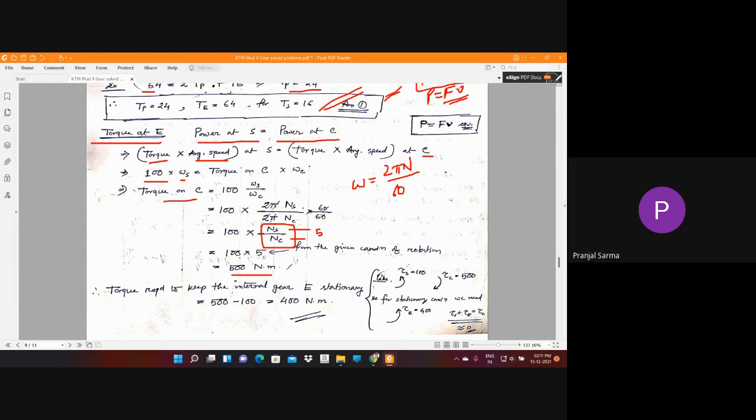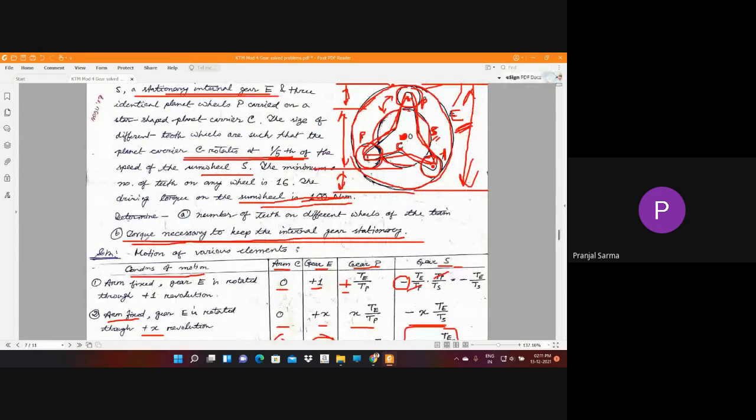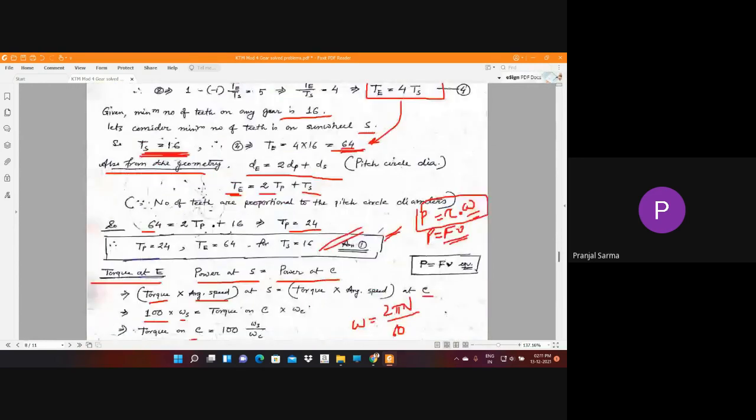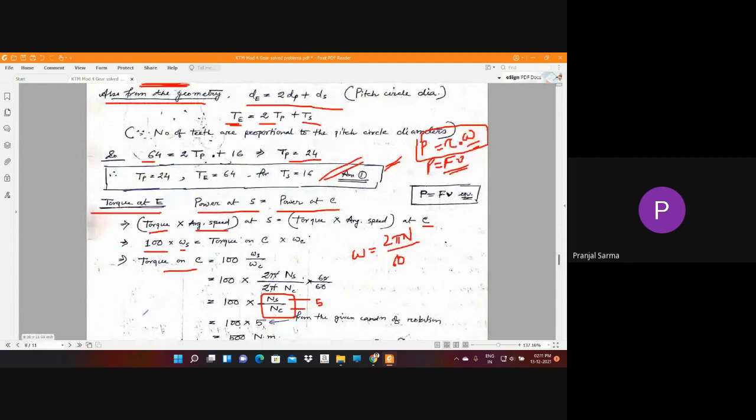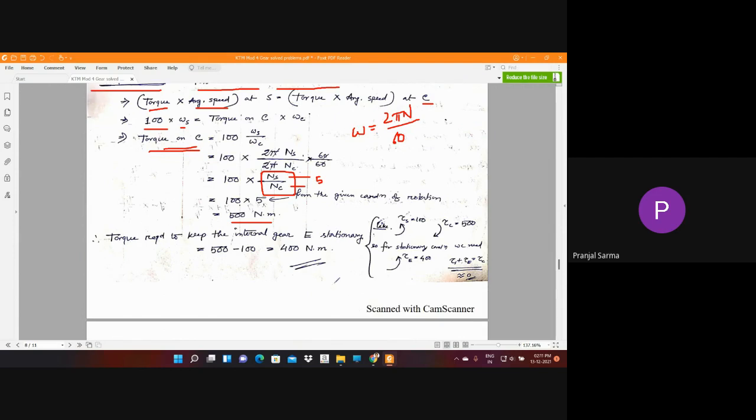Now what they are asking is to find out the torque which is necessary to keep the internal gear stationary. What we have obtained is the driving torque, that is given. We have found out the torque on C to be 500 Newton meter. So now we have to find the torque required to keep the internal gear, that is E, stationary. Then 500, which is ultimately the torque at S plus the torque at E